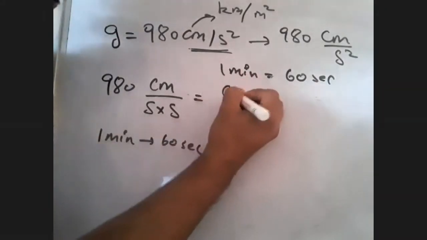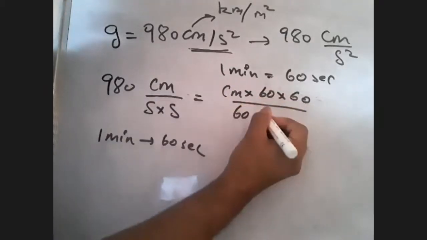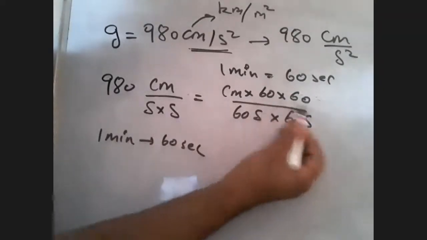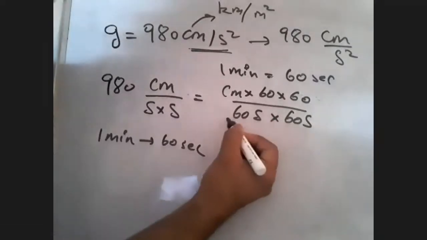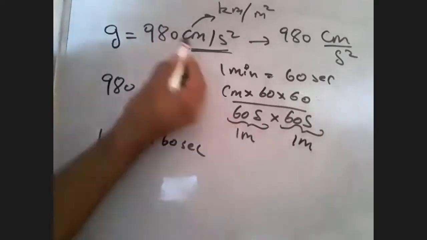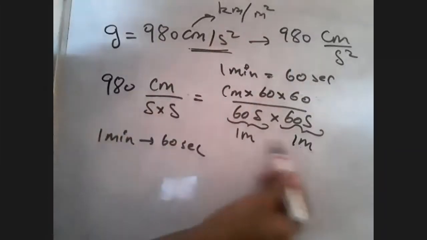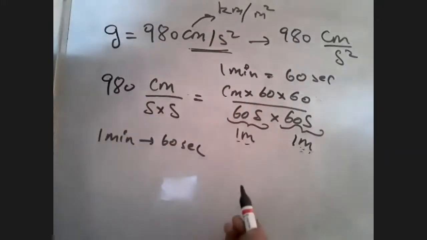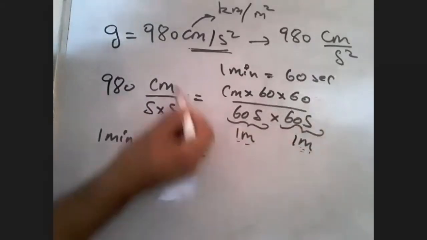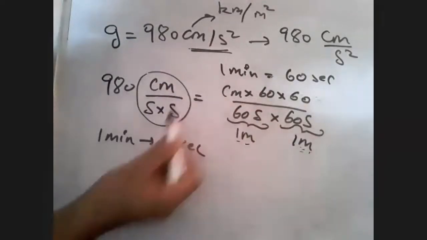So I say centimeter into 60 upon 60s into 60s. That is s and s as it is. I just multiplied and divided it here. So you can see that 60 seconds is of course 1 minute. My first goal, which was to convert second to minute, I already converted to minutes. And if I keep 60 and 60 in the numerator, of course, this entire thing is basically this one, isn't it? Is the doubt clear?